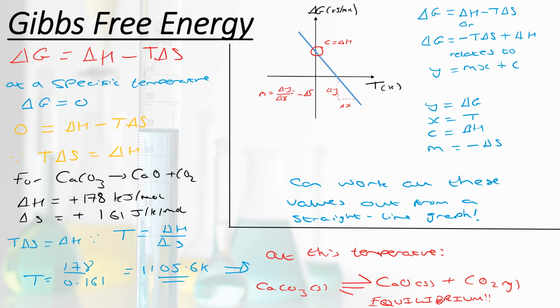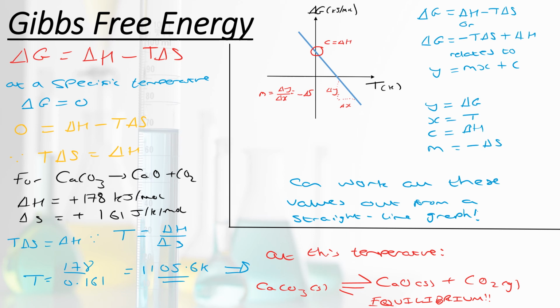And then the final thing to say here is that we can do this graphically as well. So we have our Gibbs equation, delta G equals delta H minus T delta S. Now we can rearrange that, simply move the two things on the right hand side around, and write it as delta G equals negative T delta S plus delta H. All I've done is swap the order of those terms. But by doing that, hopefully you can see that it looks a bit like the equation for a straight line, y equals mx plus c, where y is what's on our y-axis, x is what's on our x-axis, c is the y-intercept, and m is our gradient.